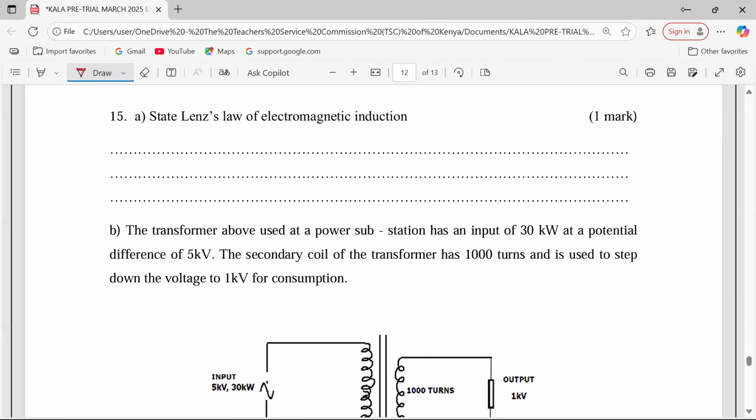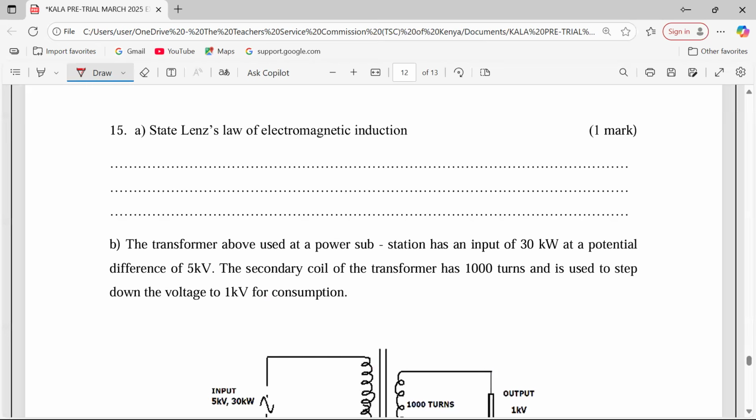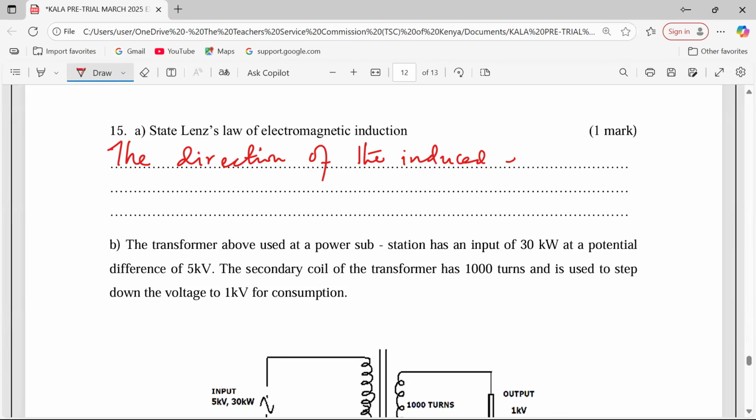At number 15, the first thing that we're supposed to do here is to state Lenz's law of electromagnetic induction. Remember also to state Faraday's law during your own time. Those are the common laws in electromagnetic induction, form 4. The direction of the induced EMF, this is the statement of the law. The direction of the induced EMF is such that